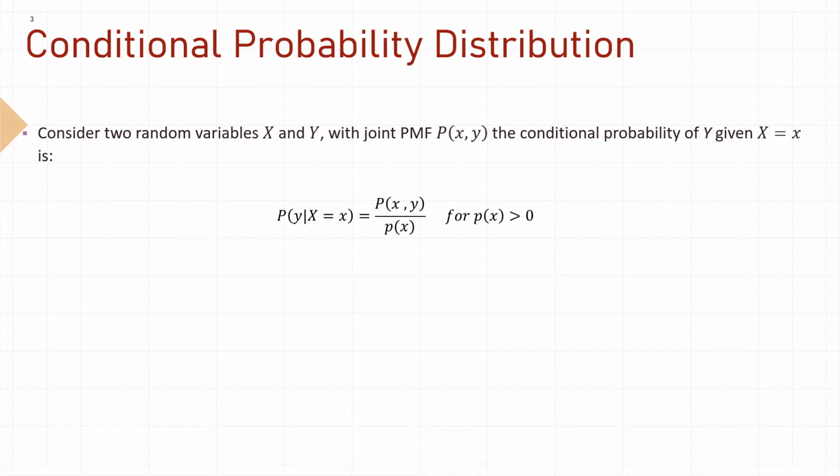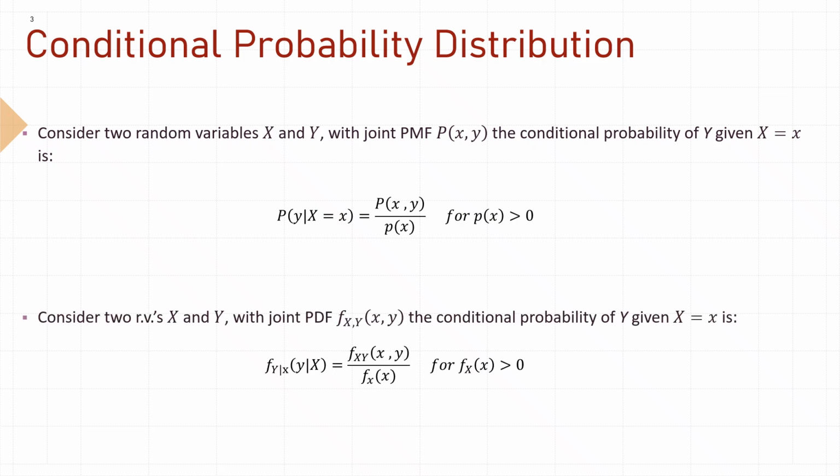The conditional PMF of y given x provides the updated probabilities for y after observing x, and is defined by dividing the joint PMF of x and y by the marginal PMF of x. For continuous random variables, the concept is analogous, but applies to probability density functions. The conditional probability density function of y given x is the joint density function divided by the marginal density of